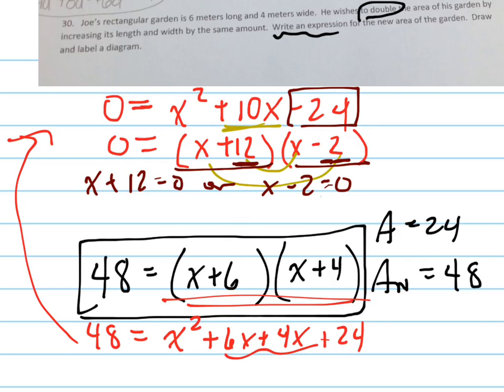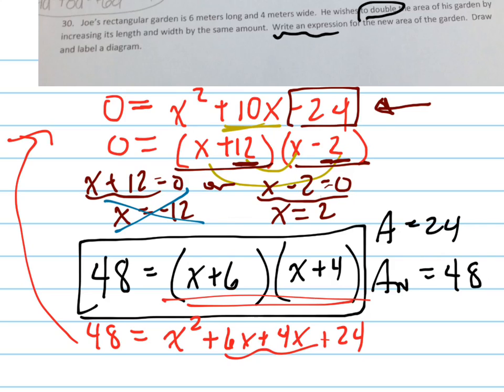And then the zero product property says that since something times something else equals 0, the only way that could happen is if this first factor equals 0 or the second factor equals 0. And so I've got now, instead of a long quadratic equation like I started with, two linear equations that I can now solve for x by getting x by itself. So x either equals negative 12 or positive 2. Now you'll notice that it can't be negative 12. That doesn't logically make sense because we're talking about lengths,